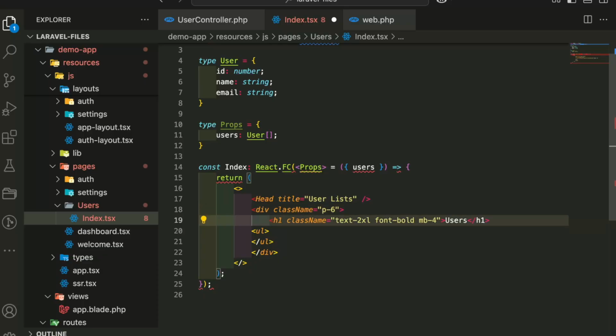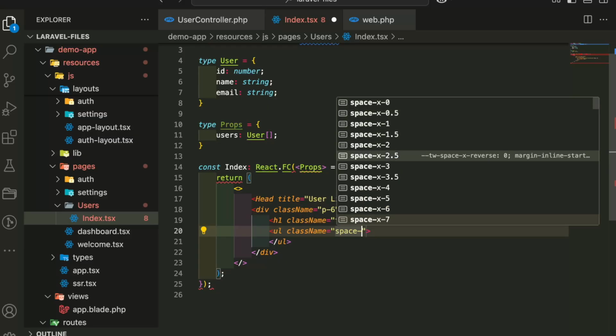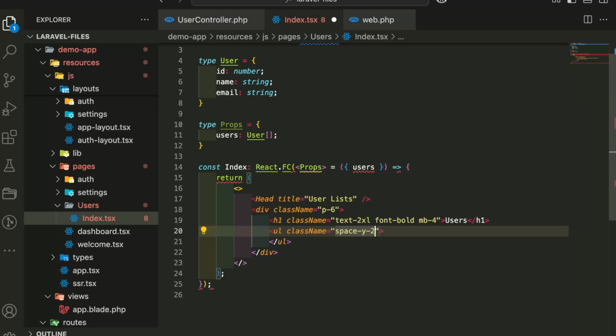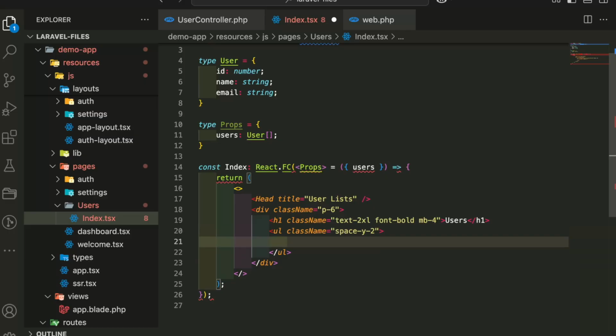I think we can push it to align with the h1 tag, and then we can add now our class name here, and then this will be space dash y, let's use vertical of 2. All right, and then inside here we will pass this one here,